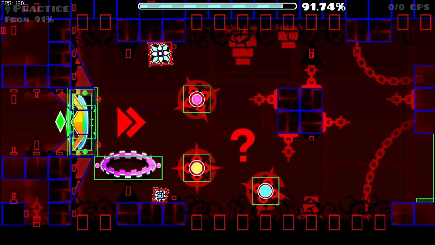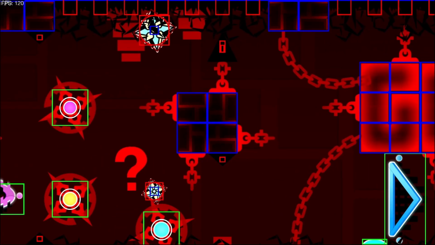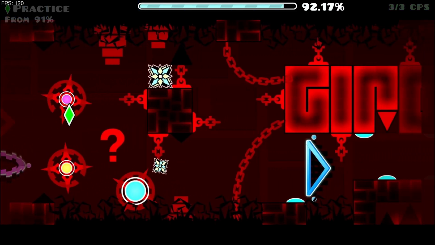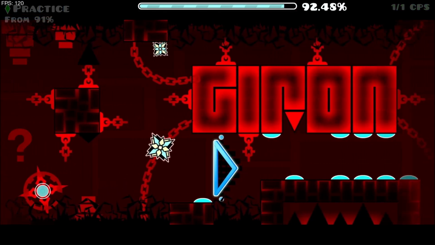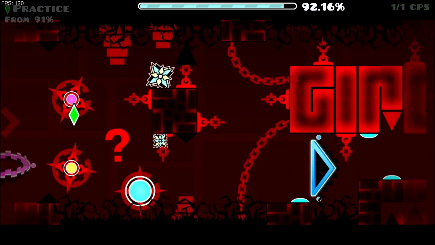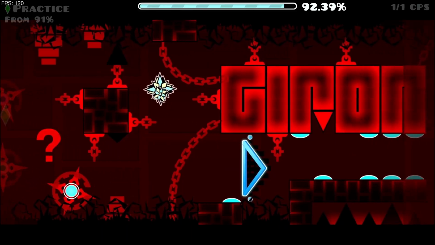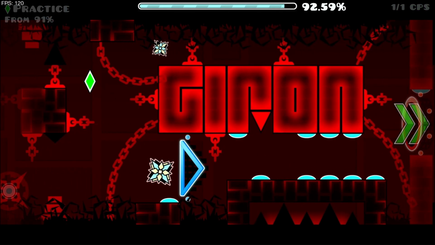Why? Because if you buffer this click, you will always die. Your cube at the top will always die to the ceiling, and we don't want to let that happen. You wait a little bit on the next click, and then you click this and hold for a little bit before. You want to make sure you focus on your top cube because it can jump like that, so you want to make sure you hold and then you let go as soon as the top cube